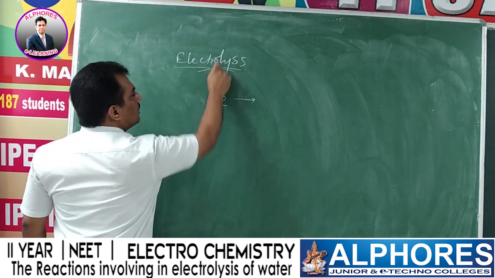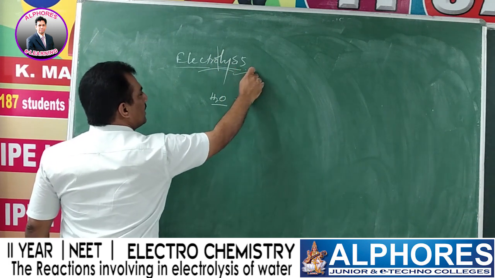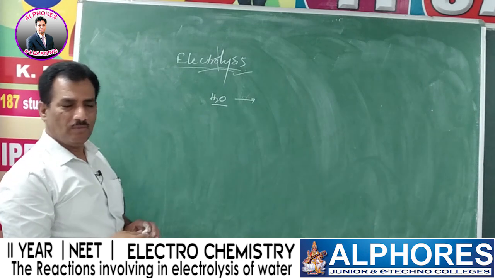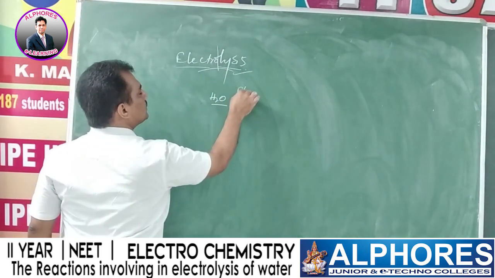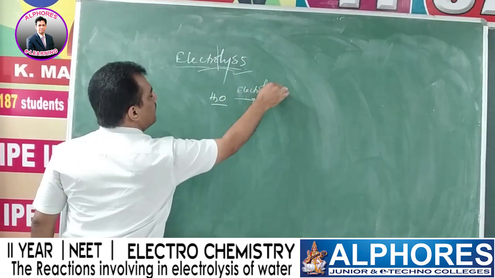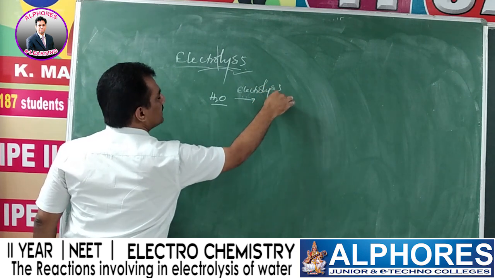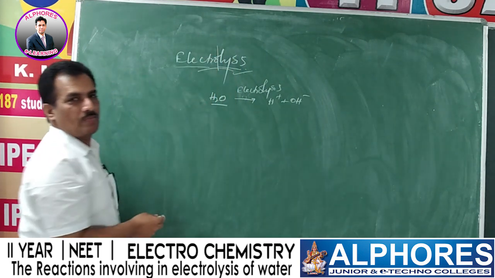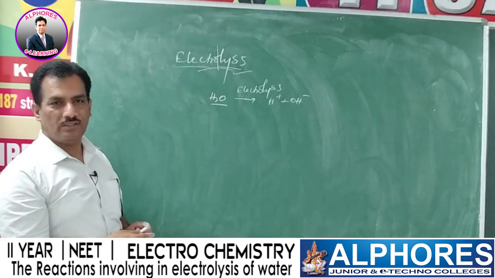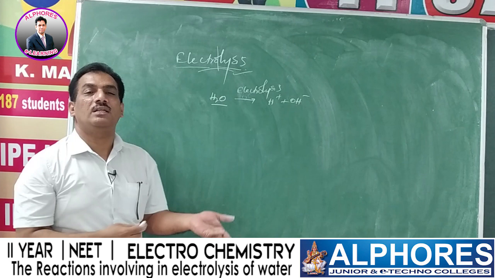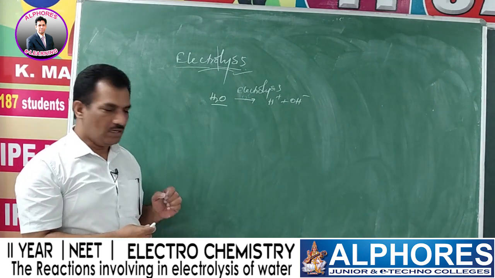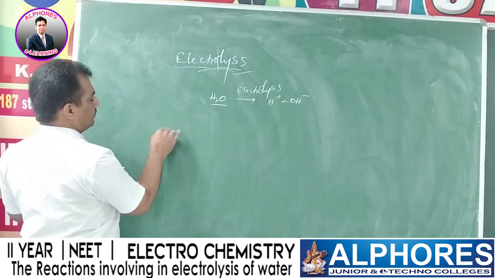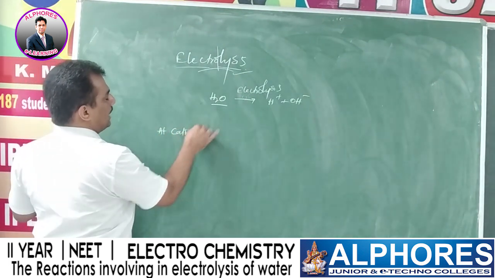Here, electrolysis, the name itself includes lysis, that is breaking because of the current. The same thing is what we are observing here. When current is passed through water, it is breaking into H plus and OH minus ions. Breaking takes place, that's why it is electrolysis. And water is involved, and hence water electrolysis. Clear? And now what is happening at the different electrodes?